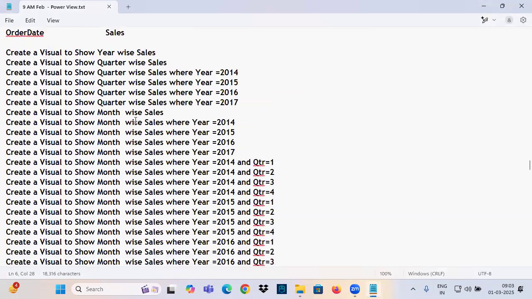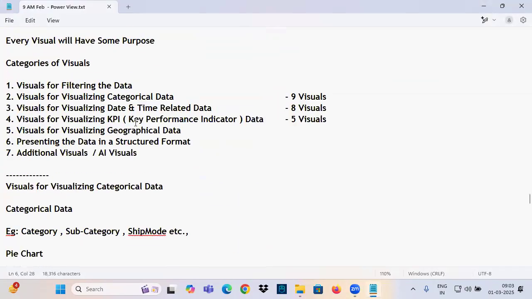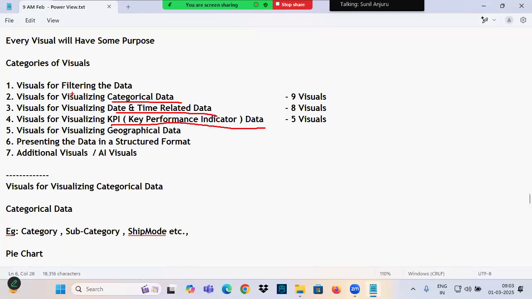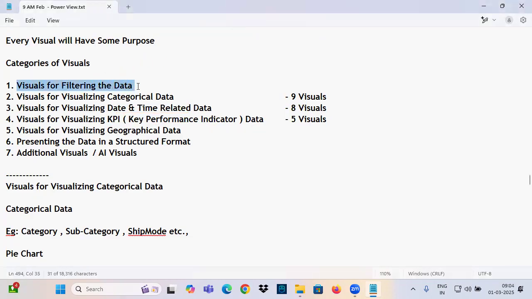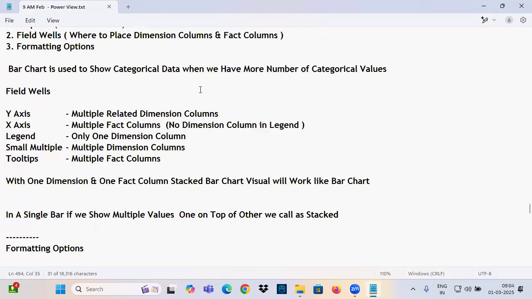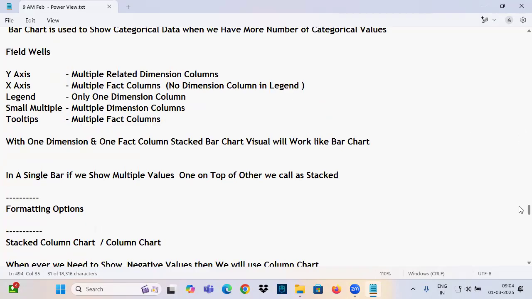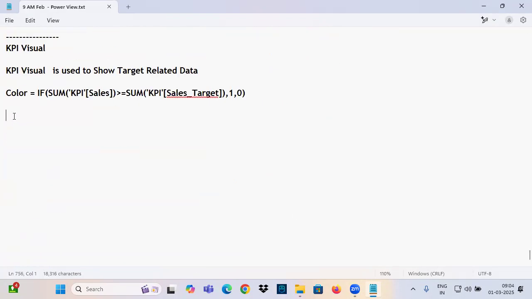In the list of categories we listed, so far we completed categorical data, then date and time data, and then KPI data. Today, I'll start with the first category: visuals for what? Filtering the data. Visuals for filtering the data. Okay, to discuss this category of visuals, first,